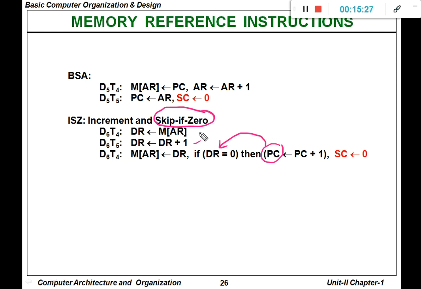So this particular operation: the first micro operation is carried out at time t4, the second micro operation is carried out at time t5, and the third micro operation is carried out at time t6. So here it is not t4, it is t6. Okay. So each micro instruction, you can observe, requires a clock cycle. So accordingly, it is going to perform the operation.